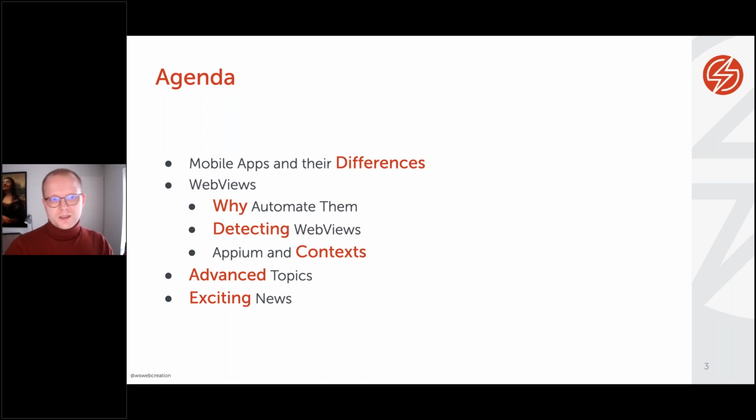And then last but not least, if we're also talking about why, about some advantages, you might also think about disadvantages. And that's one of the things that we're going to look at in the advanced topic, because I think every con also has a fix. So let's also dive into that. And at the end, I also have some exciting news for you. So hope you will stay until the end of this session to watch me announce the exciting